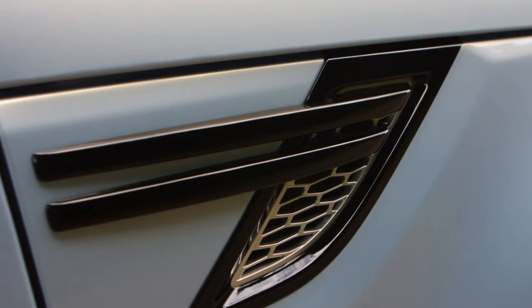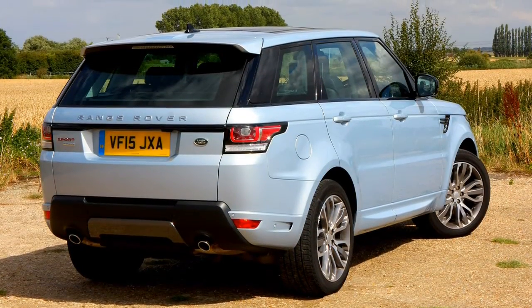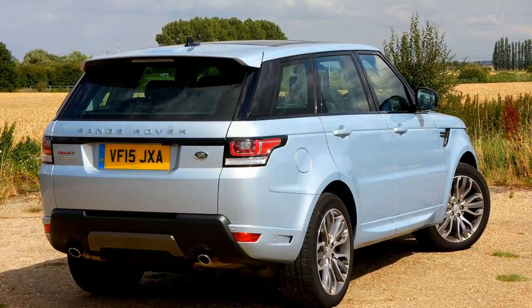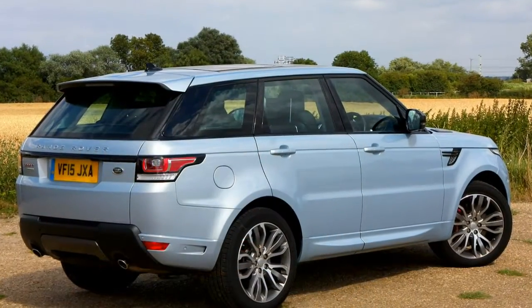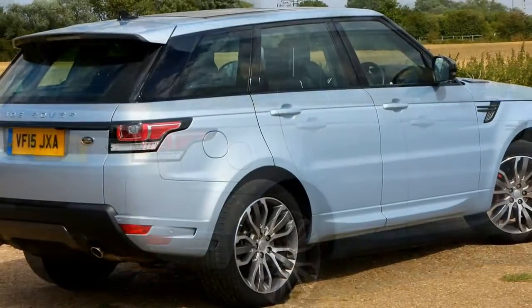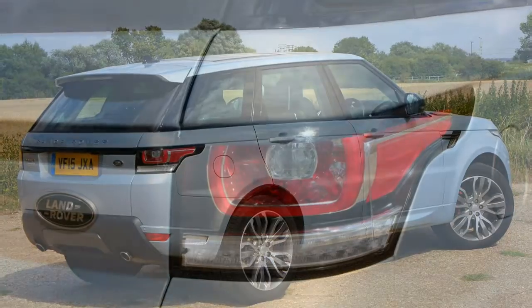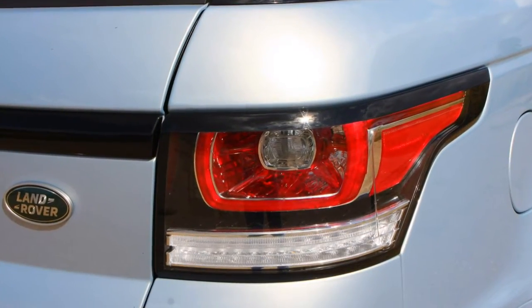It's a large 4x4, so Land Rover Range Rover Sport practicality is a major selling point. Boot size has been increased by 9%, so it boasts well over 1,000 litres of capacity. For the first time, Land Rover is offering occasional seating in the third row that sits under the floor in the boot. The electrically powered seats are raised and lowered by a button in the boot and fold flat when